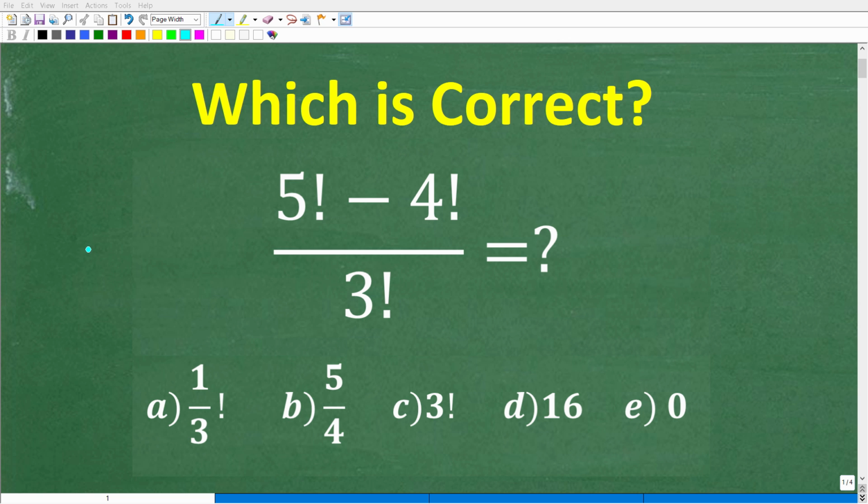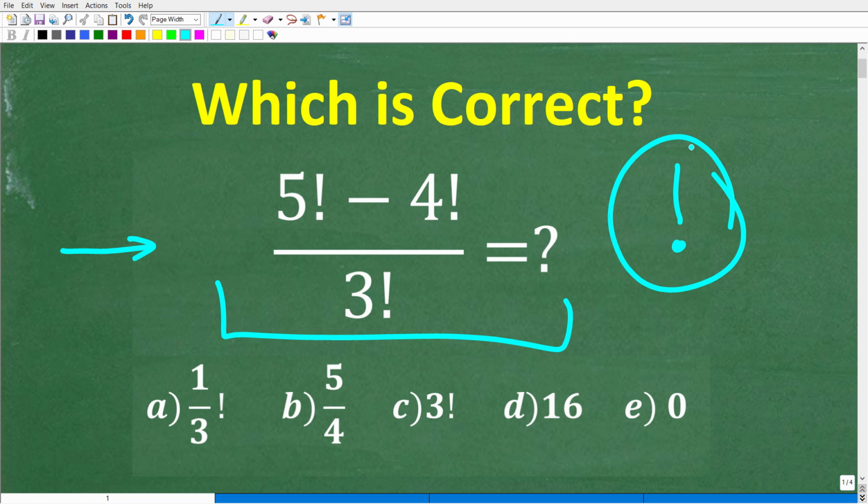Okay, so do you know enough math to understand the problem? Well, hopefully you do, and better yet, hopefully you know how to solve the problem because we are dealing with an exclamation point behind these numbers. It seems like this is an unusual symbol to have in a math problem, but some of you might be